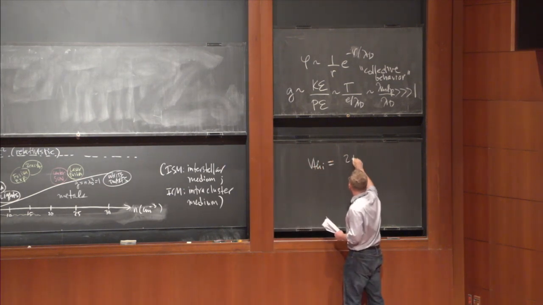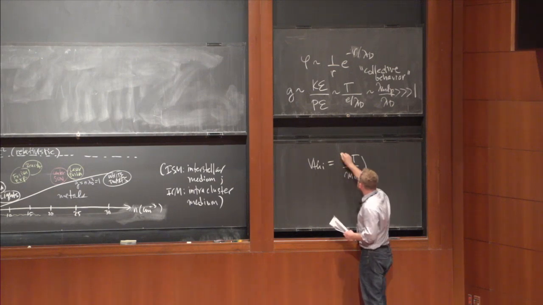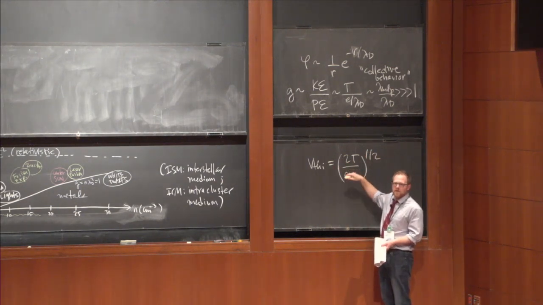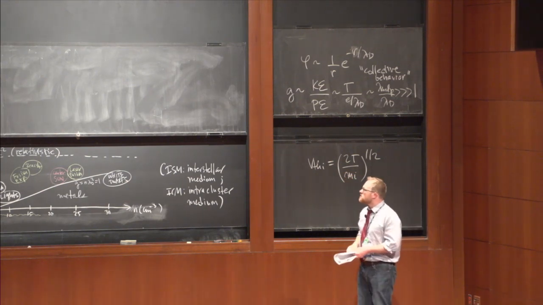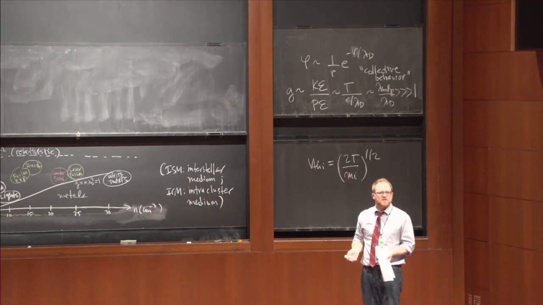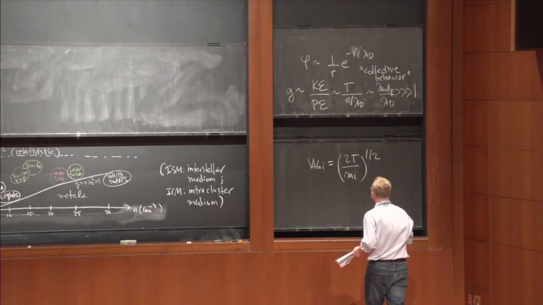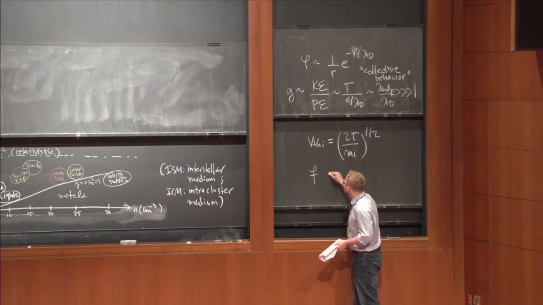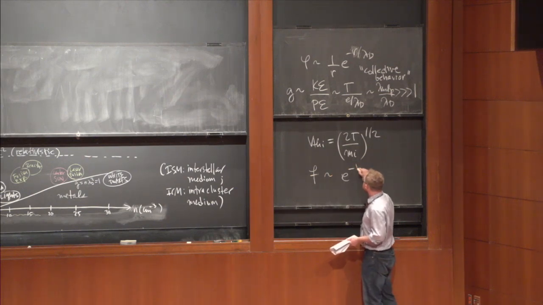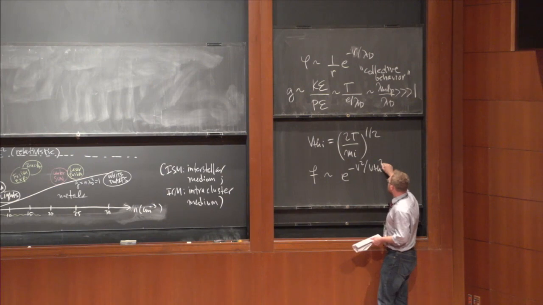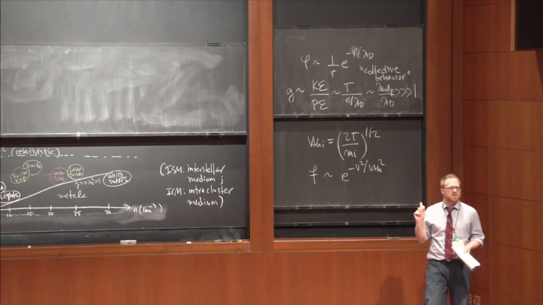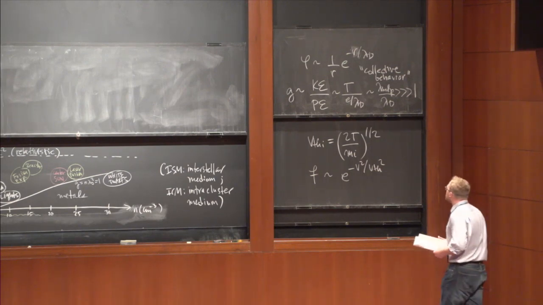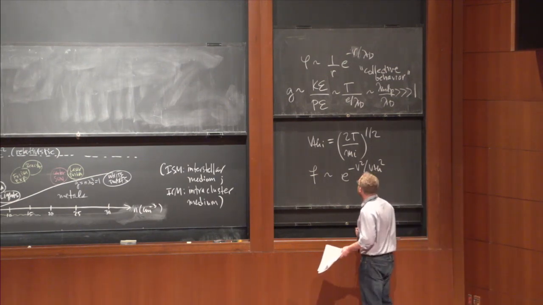And here, just a warning, you often have to be careful exactly what you mean by this, because a lot of people define it without the factor of 2. So just be careful with that. This is just a measure of the random motions of the particles. For example, if you had a collection of particles that were described by some distribution function that was Maxwellian, that's what I mean by V thermal. It's just the broadness of the random motions. So that should be quite familiar.